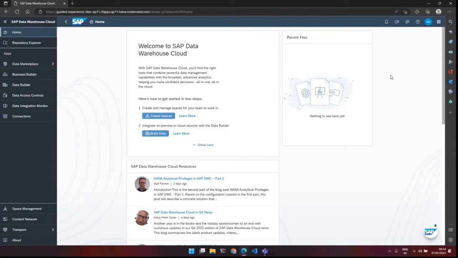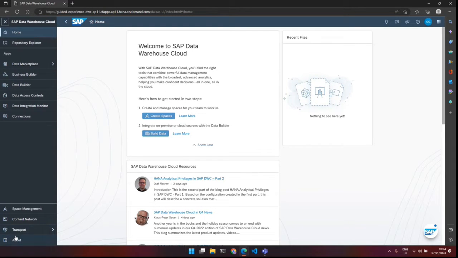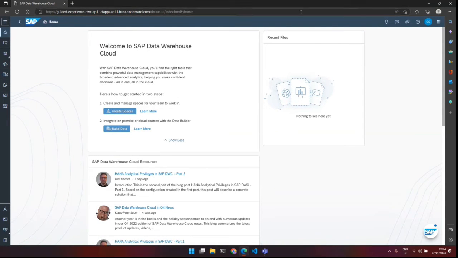like any typical web application, you will provide your username and password, and this is the home page that welcomes you. Then we have a side navigation bar, which forms the main way to navigate in the tool. And then we have a title bar which provides some buttons. This one shows where you are currently. I am at home, and if I go into something else, it will show the particular application that we are currently on.